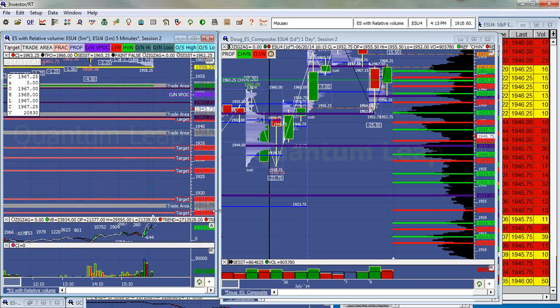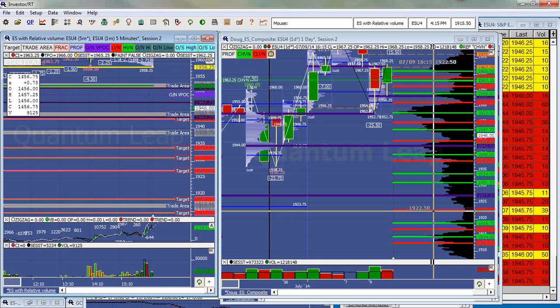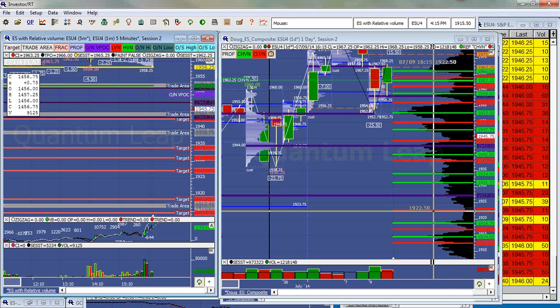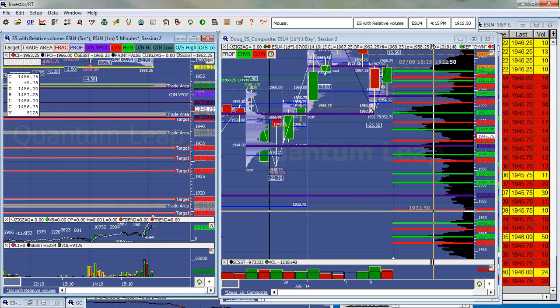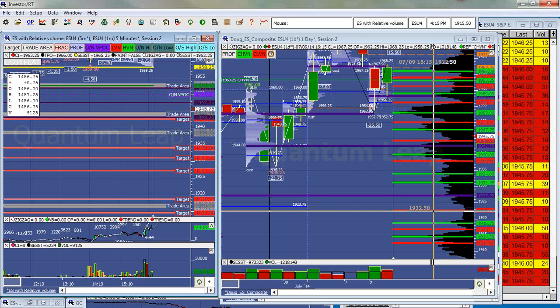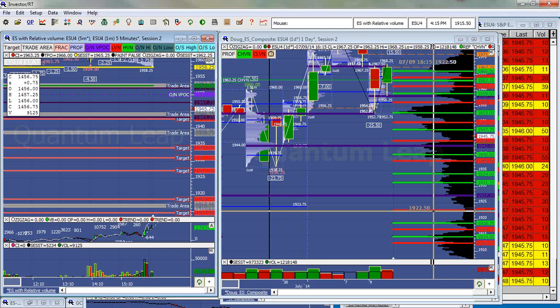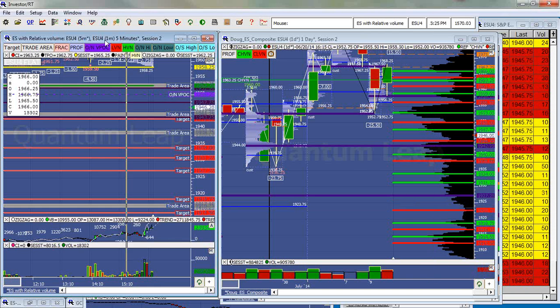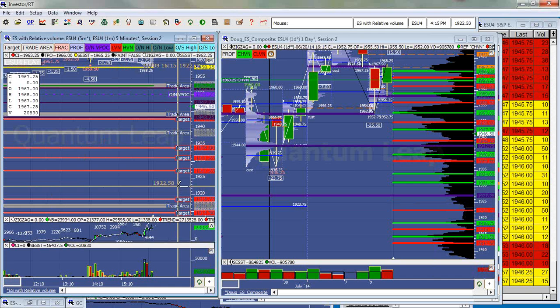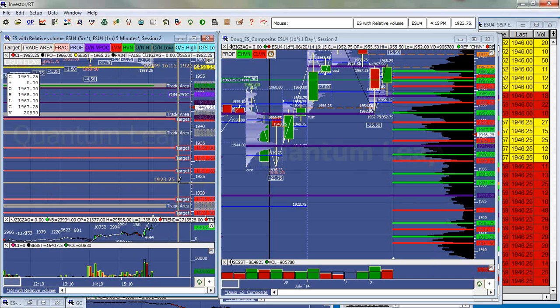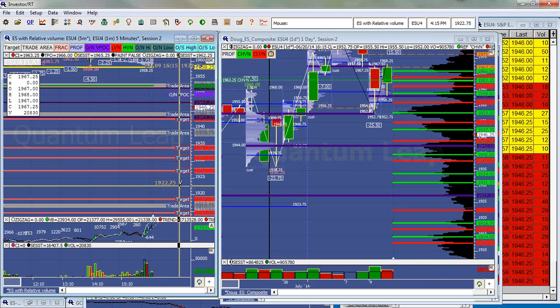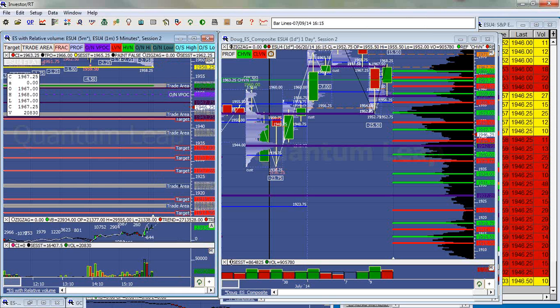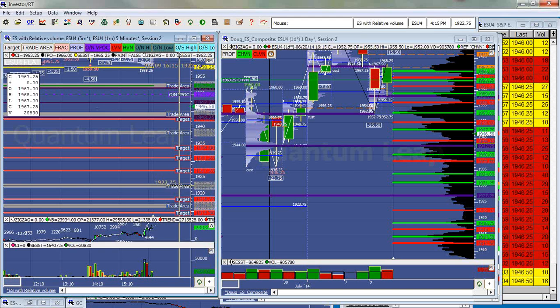And the number that absolutely has to hold, or else I see a move down to take out 1900 and test the 1800s again, is this 1922.75. So that's a key line in the sand on whether or not this is just a revaluation and a move to come down and pick up buyers with more conviction, or whether we get a